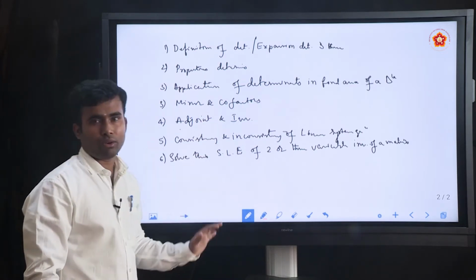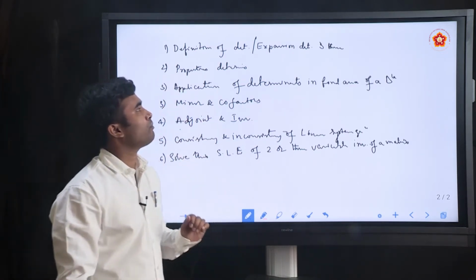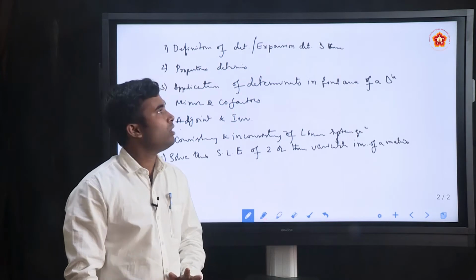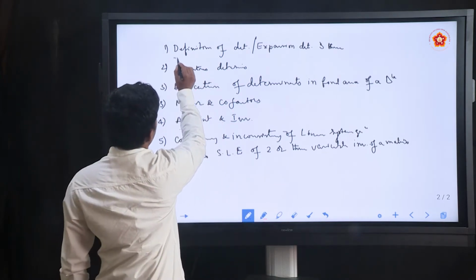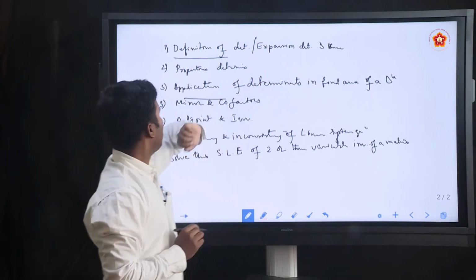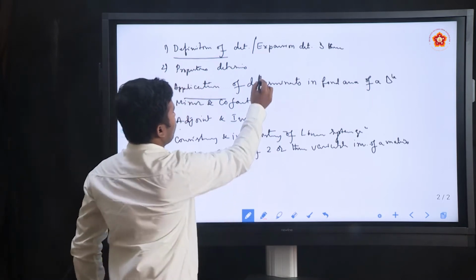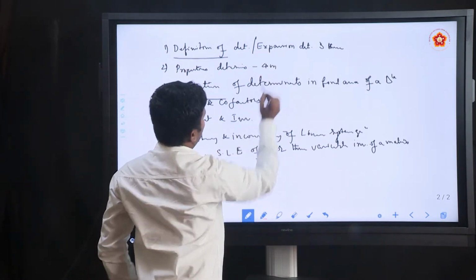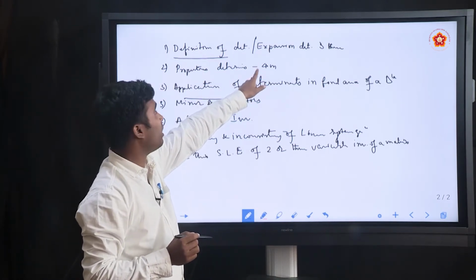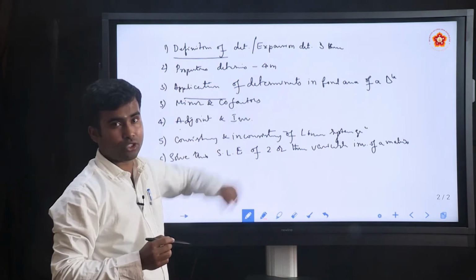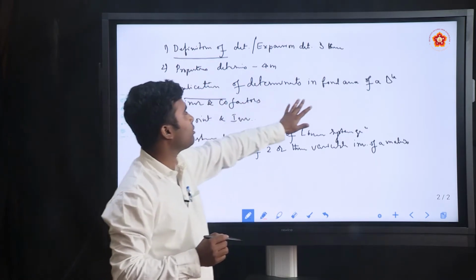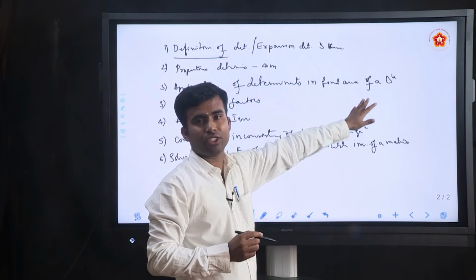So, these are all the topics we are going to cover in this chapter, and from the exam point of view, we can expect 12 marks from this chapter. From this topic we are going to have a 1 mark question. And from this one we are going to have 4 mark questions, which is the last part of your question paper. We are going to have a 4 mark question with a 6 mark which is from another chapter. So, anyhow we are going to have 4 marks from properties of determinants and application of determinants, finding the area of a triangle and equation of a line.